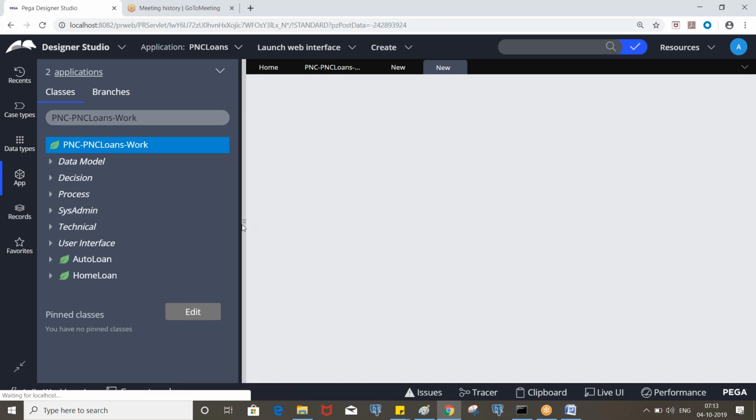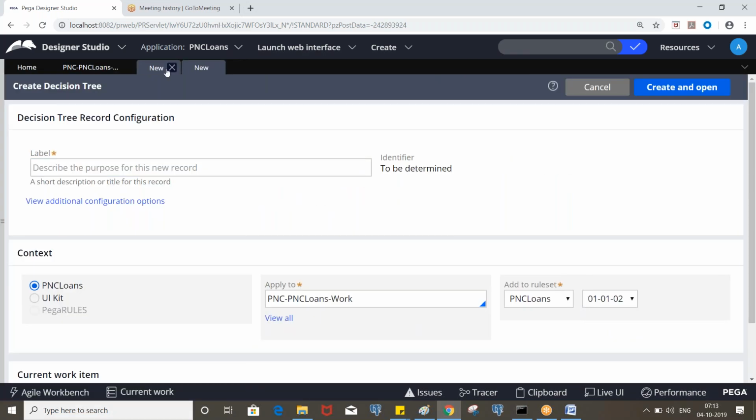Okay, so here you will understand why we are choosing decision tree. Put it in determine, the label name is determine loan rate adjustment.